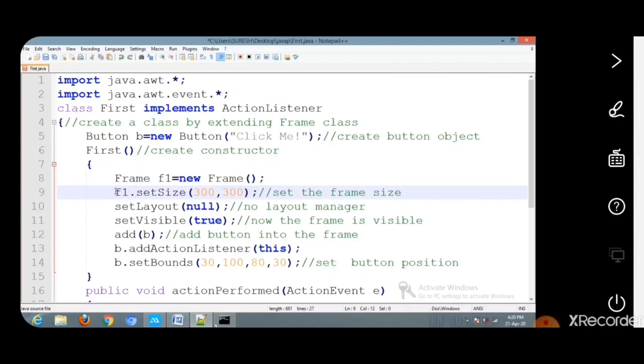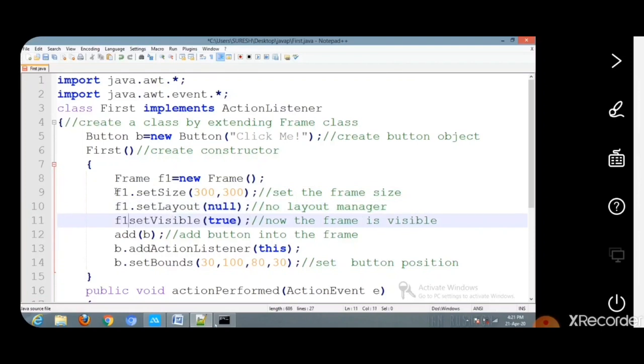f1.setSize to set the frame size. f1.setLayout. f1.setVisible. f1.add. These four methods are available in the Component class, which we have studied in detail in the previous section.